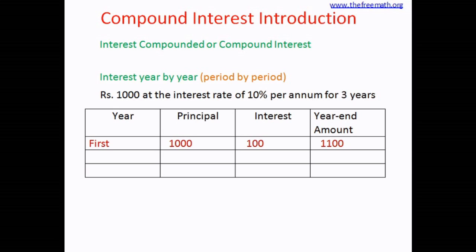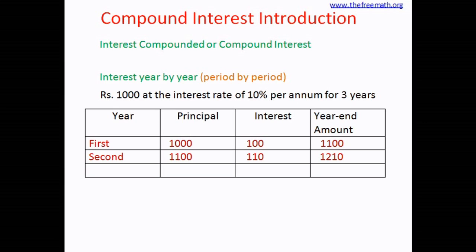So this part is just like the simple interest part. The way we have calculated simple interest before, this calculation is exactly like that. But in case of compound interest, for the second year, what we do is we take the year end amount of the first year and treat that as principal for the second year. So in the second year, the principal is not 1000, but it is 1000 plus interest, that is 1100. Now the interest for this year is calculated on this 1100. So 10% of 1100 is 110. So the interest is 110 and the year end amount for the second year is